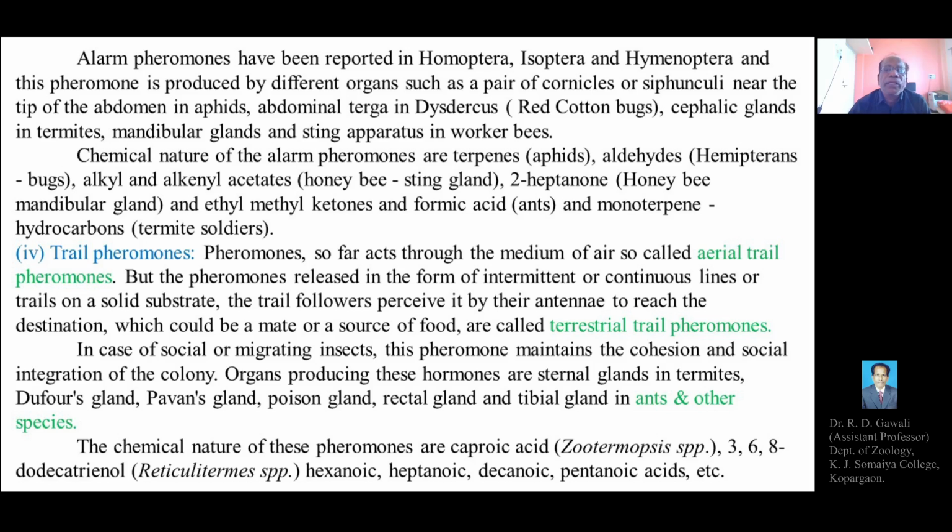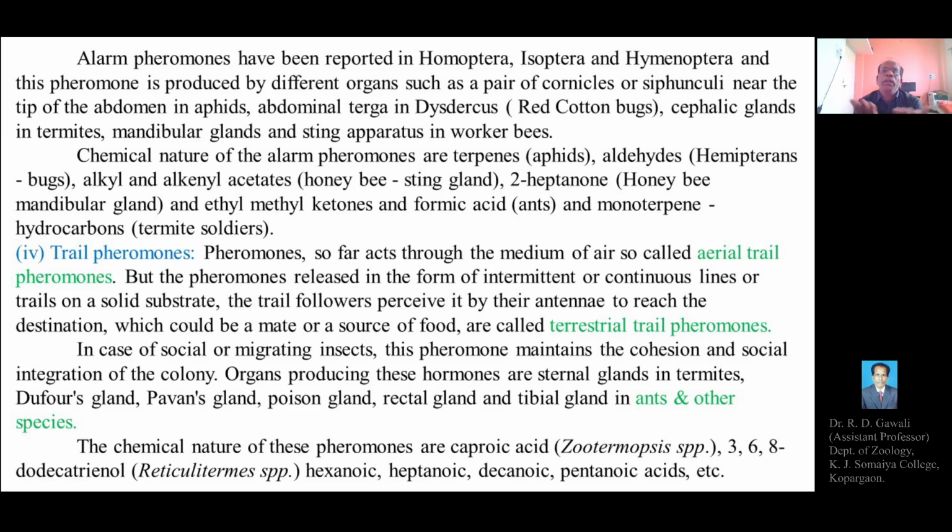So ultimately they will reach the particular spot or final destination, which could be a mate or a source of food, and thus such types of trail pheromones are called terrestrial trail pheromones. In case of social or migrating insects,